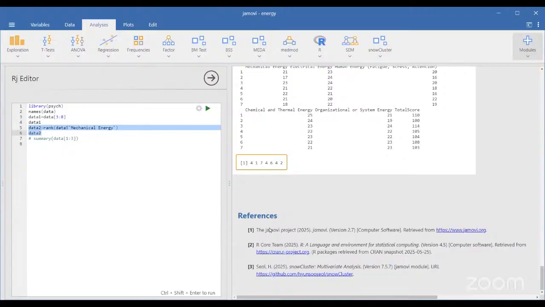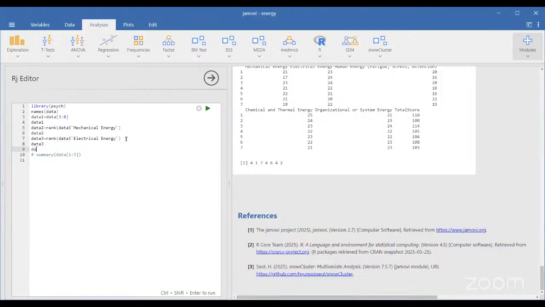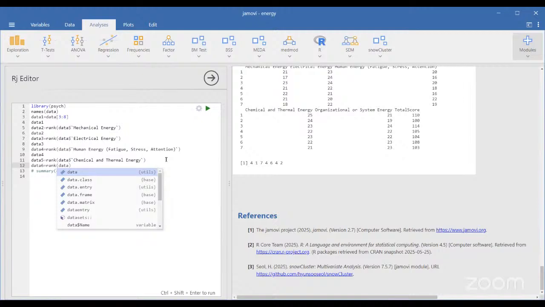Yes. Like that, we have to do the others. The correlated one only, right? Or all the variables? No, for all the variables. Okay, data 3 equal to rank, data dollar. Data dollar. Yes, sir. Right. Okay, now it's